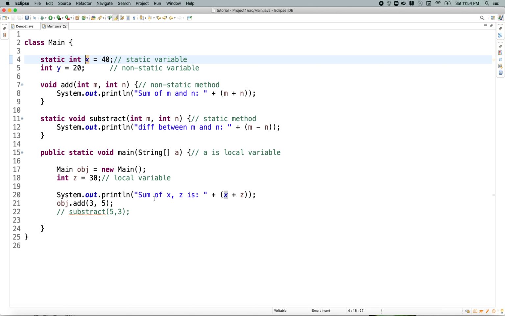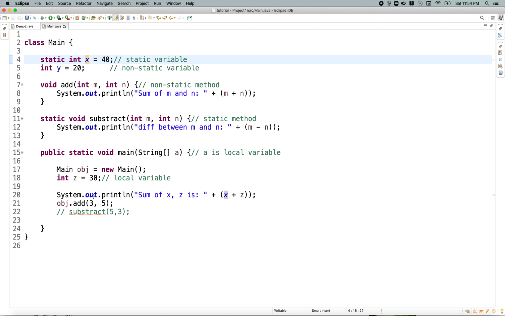So we'll slowly get into that discussion. This is the first step. In this program I was just discussing static and non-static variables, but the actual discussion of the static members and non-static members will be covered in the later part of the videos, not in this video. So we'll move on.